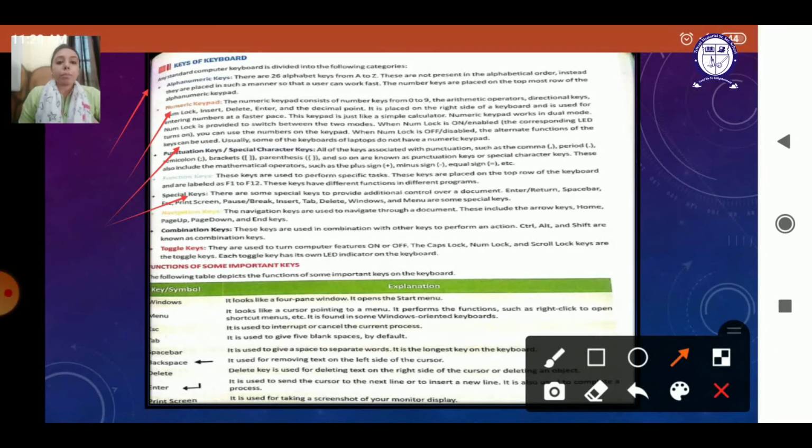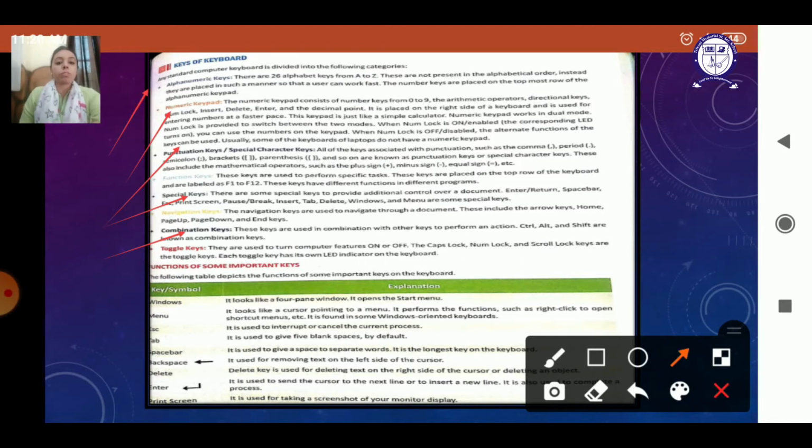Next we have the Page Up and Page Down keys, and then we have the arrow keys, which are also known as the navigation keys. If we want to move left, right, up and down on a page, we can make use of the navigation keys. Next we have combination keys like Control, Alt, Delete. These keys work in combination with other keys to perform a particular function, like we use the Control plus A shortcut key to select our whole page.